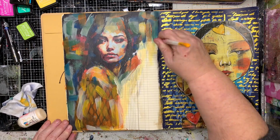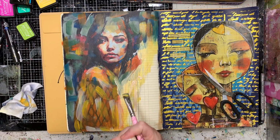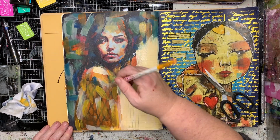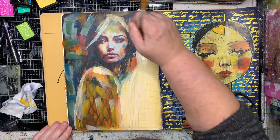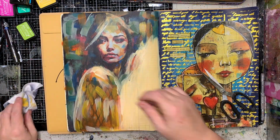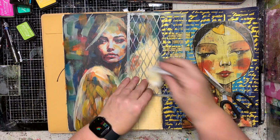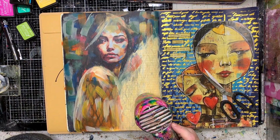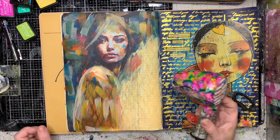In the background, I am just layering up colours. I'm using some inspiration from the collage sheet that's there, but I'm also adding in some additional colours, like the greens and some of the blues as well. Then I'm going in with some of the skin tone paint, just to paint in the background, make it look complete,